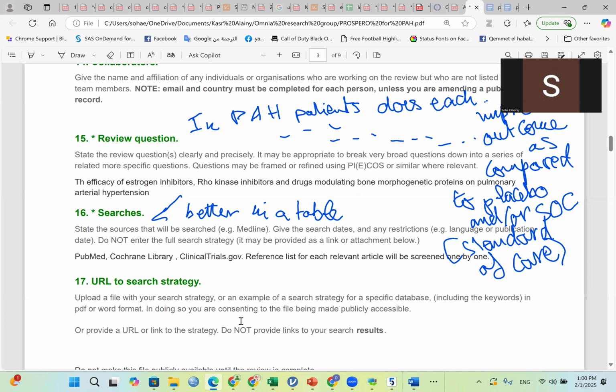And perhaps in a later session, I'm going to say the difference between effectiveness and efficacy. So, what is the effectiveness or efficacy of these novel therapies as compared to the standard of care, or as compared to placebo? And for efficacy or effectiveness, we might as well define a special outcome, like for example, the effect on mortality.